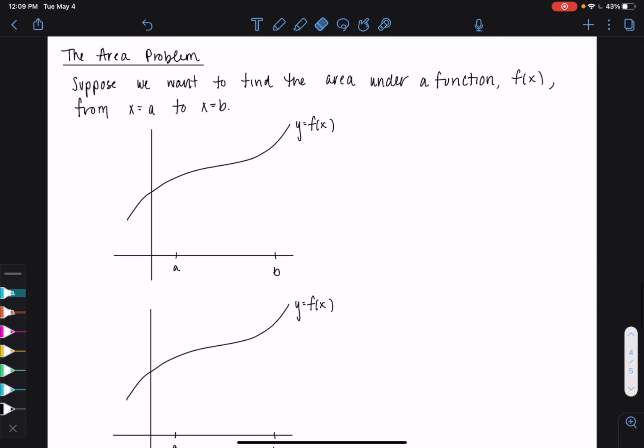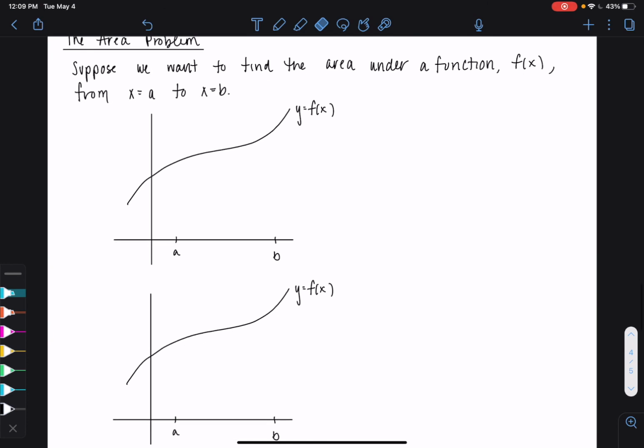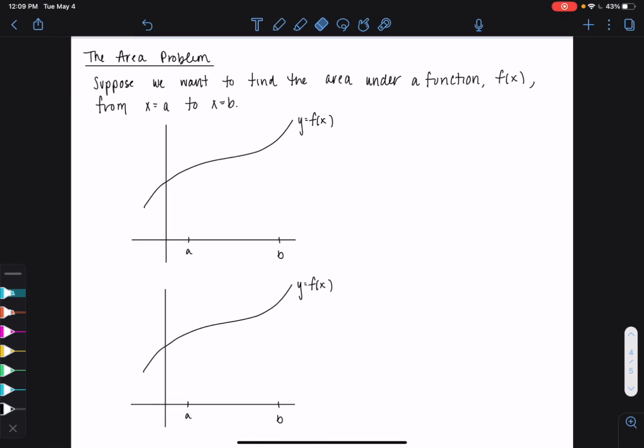All right, so our last problem is our area problem that we want to discuss. We want to figure out, if I give you an arbitrary function, I want to find the area between A and B. So here is my graph of my arbitrary function. I want to find the area under this curve from A to B. So our goal is to figure out, with this funky shape, and definitely not a nice geometric formula that I know how to find the area of,